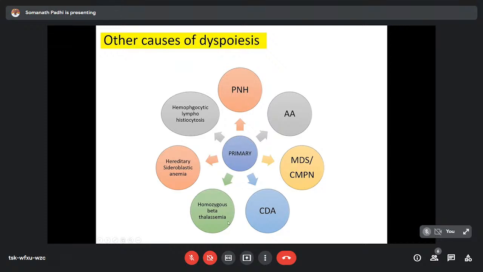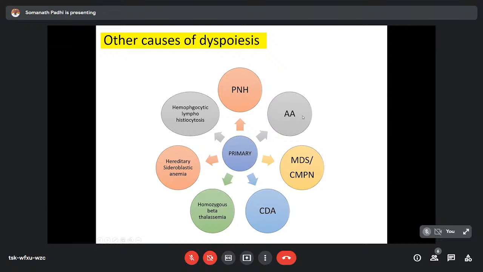Thalassemias are important causes of erythroid dyserythropoiesis in the bone marrow, also because of continuous transfusion and iron overload, because of the iron-related cytotoxicity. Even the trilineage can show these morphological features of dyserythropoiesis in patients with long-standing transfusion-dependent thalassemia. Hereditary sideroblastic anemia is another classic example where you can see dyserythropoietic erythroid precursors in the bone marrow. Any cause that leads to HLH, hemophagocytic lymphohistiocytosis, is another example. Last but not the least, paroxysmal nocturnal hemoglobinuria and aplastic anemias are also classic examples